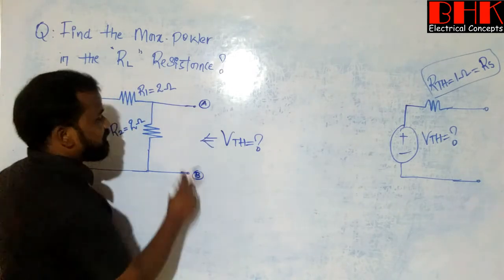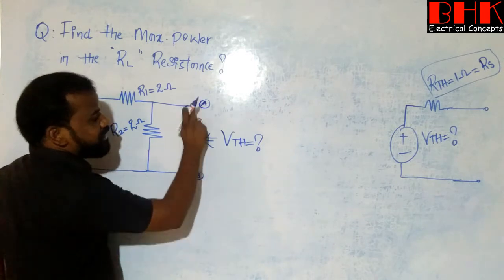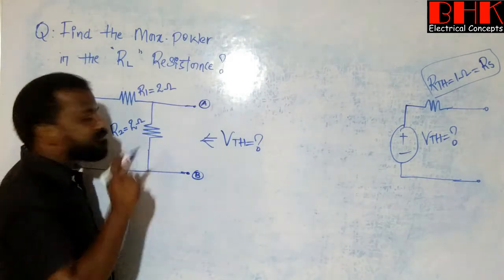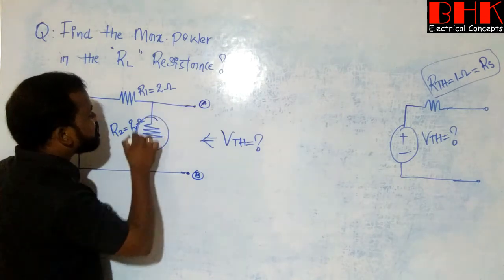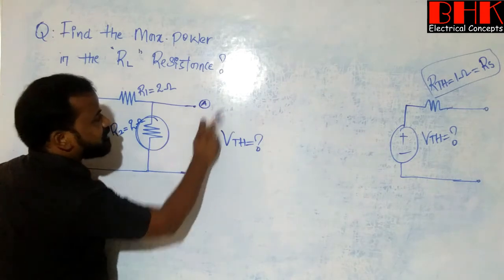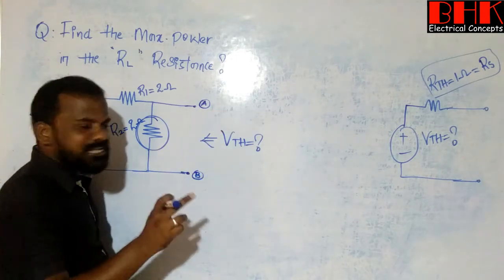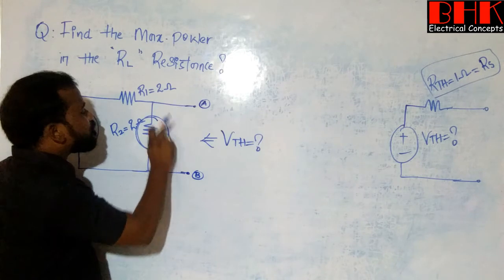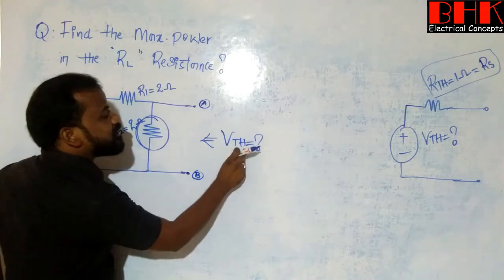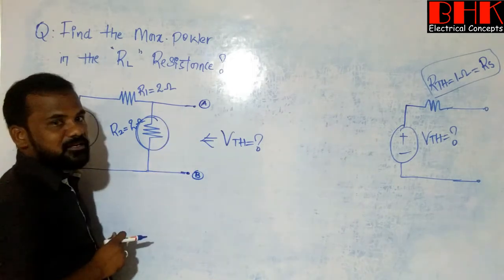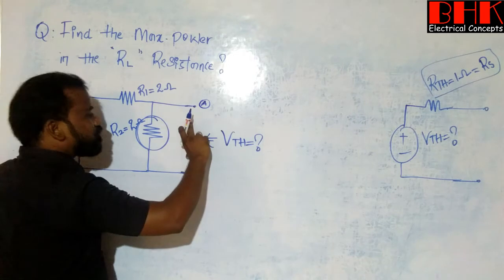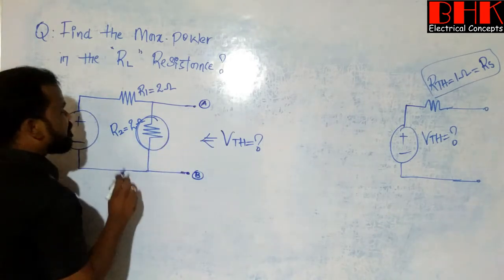Why? Because this circuit is open, but this circuit is not opened. If I know the voltage drop across this particular resistance, that voltage drop appears across these two open terminals. That means if I know the voltage drop across this resistance, that voltage drop is the Thevenin voltage from this circuit. Clear? Now to calculate that particular voltage drop across these two terminals, first I want to